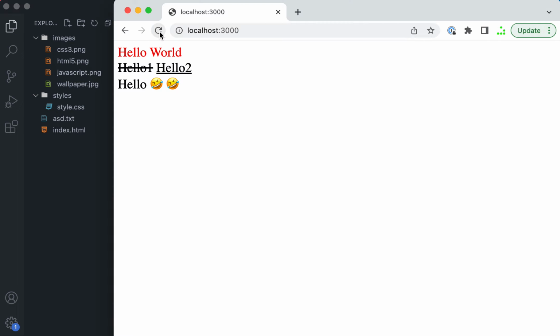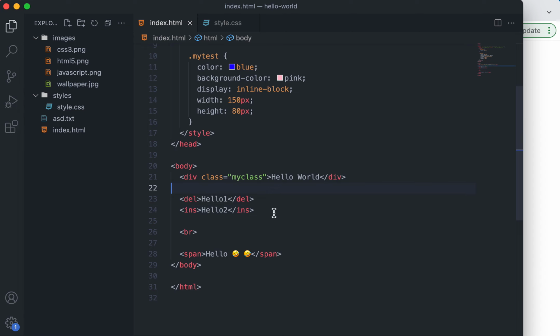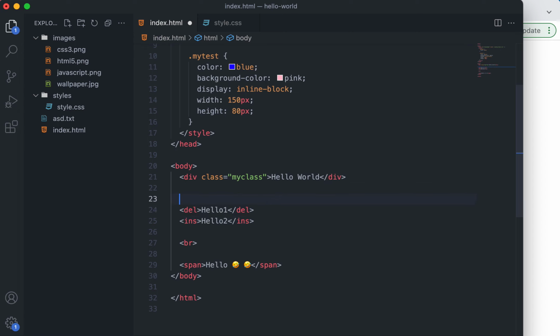Let's try. You see some sort of underline. So this is not a link, this is simply underlining, some effect is there, and it is just saying that this thing is crossed and this thing is replaced by this. So if you are writing something, and all these are inline elements, right? Which means that